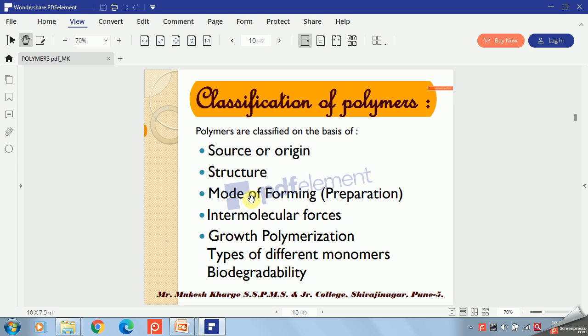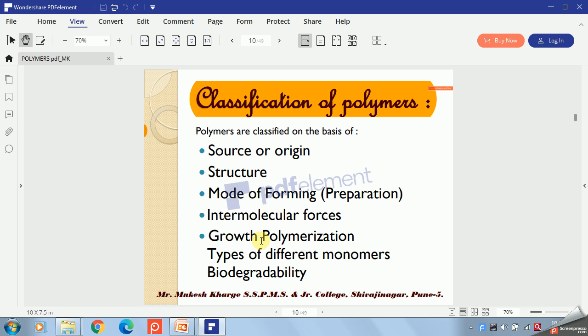Then third is how these polymers can be prepared, that means mode of formation or preparation. Next one is which different types of intermolecular forces are present in that polymer, on that basis we can classify them. The next type is how that polymer can be obtained or how that polymer chain can be grown,